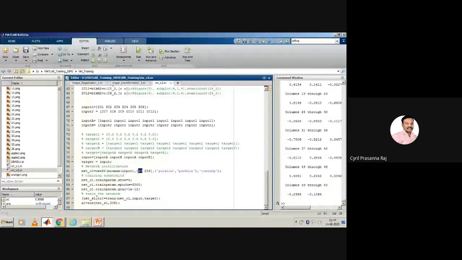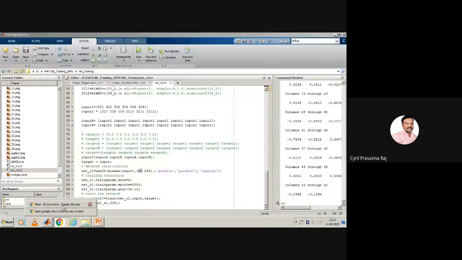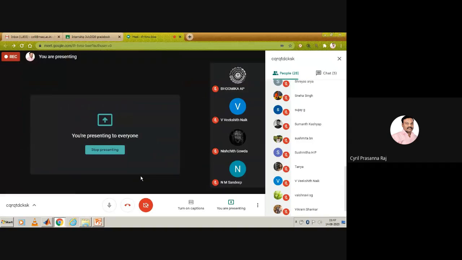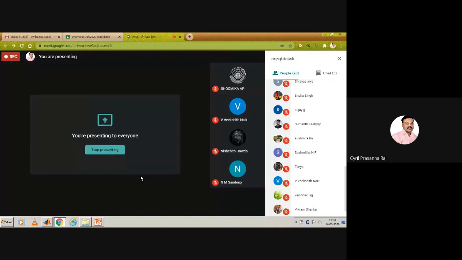Let me stop here, and I'll ask you whether you follow this. Today we discussed two important things. Just by changing the number of neurons in the hidden layer and output layer, you're able to convert a neural network architecture into a classifier or an autoencoder. In a classifier, you will have only one output at the output of the network, so that you're able to classify the image as 1 and 3.